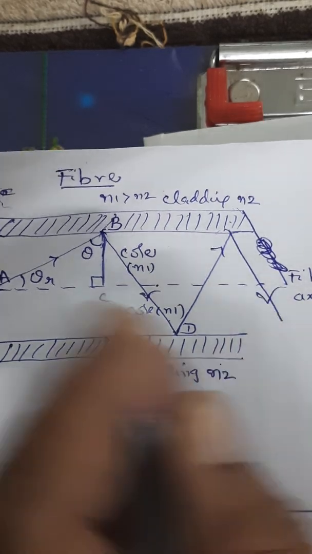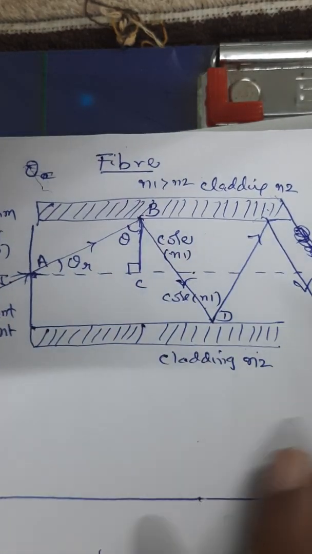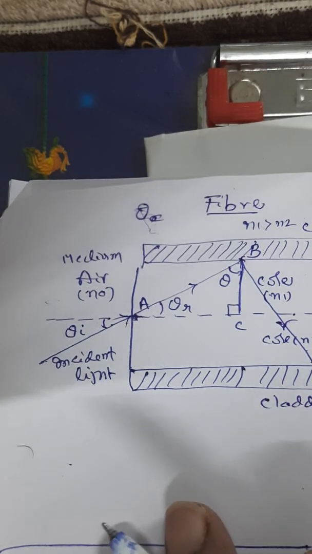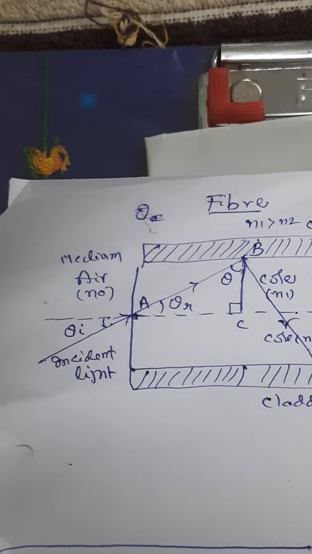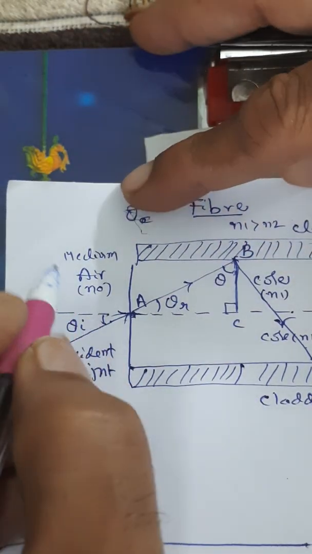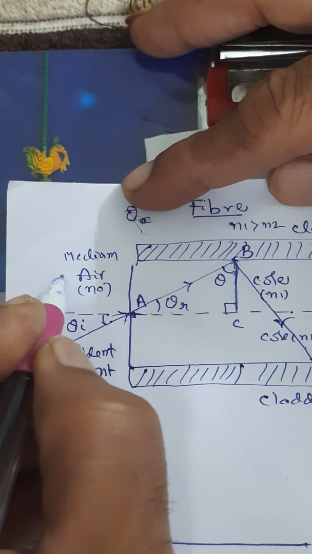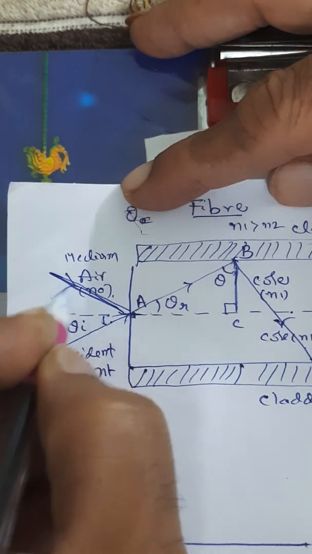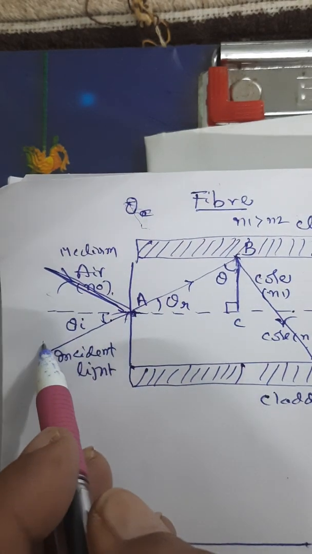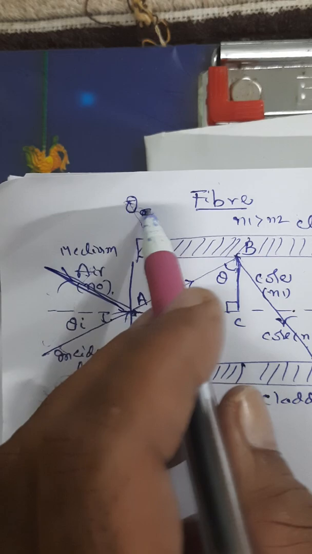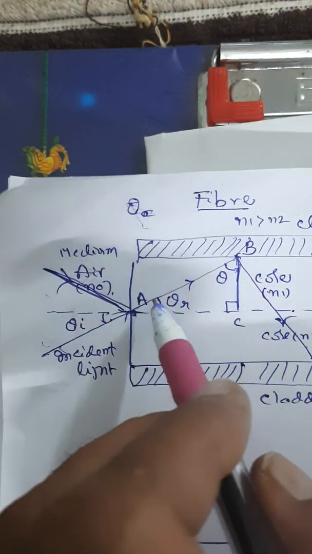So that's how it travels. Understood? So with this background, we shall try to understand something else. Light can be incident from here, here, here, here like this. So let us say up to this maximum, light can be incident. In between, incident light can come from anywhere. Beyond this and beyond this, let us say light cannot enter.